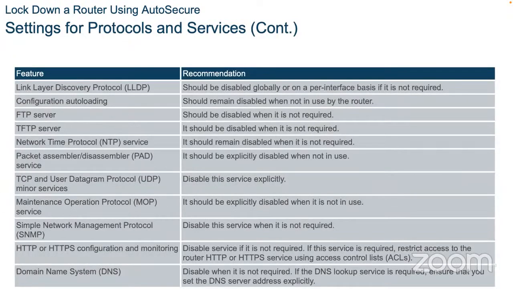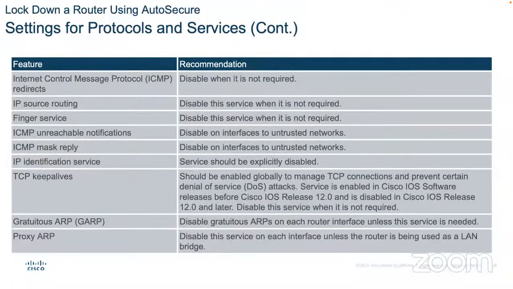Here are some Cisco recommendations for some of those services in the list. So like LLDP should be disabled globally. FTP should be disabled. TFTP should be disabled. Of course, adjust this to your needs. Don't just take this as gospel and do it everywhere. See what you need on your network